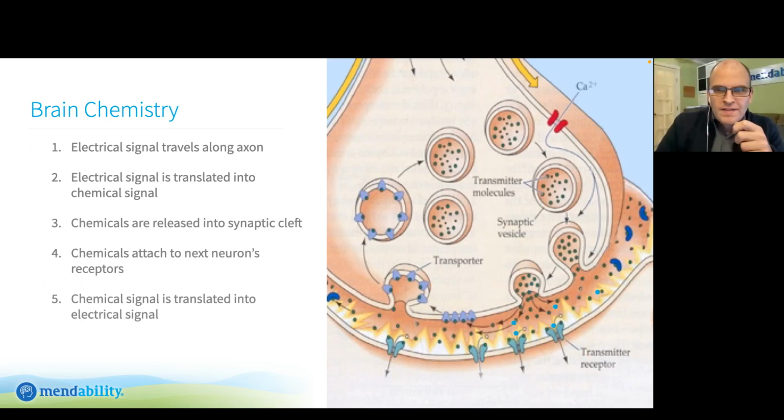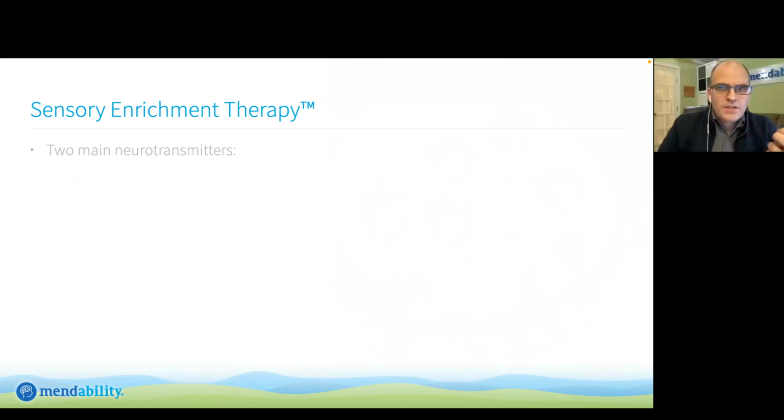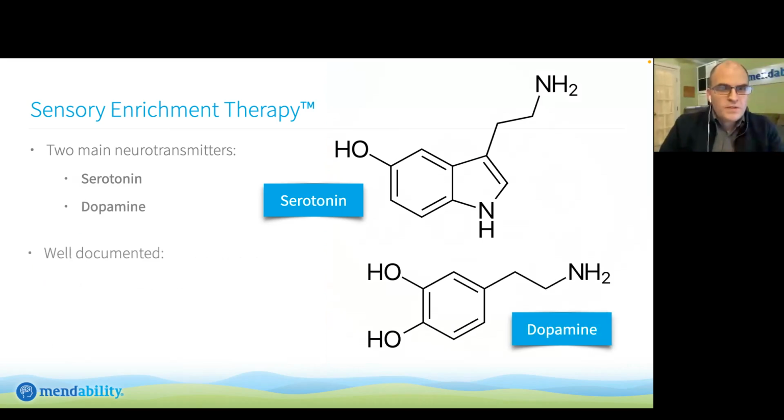Now that you understand this, if we could impact the way the brain regulates, produces, releases those chemicals, in particular serotonin and dopamine, we could have an impact on those messages that are being translated. And in fact, a lot of children with developmental disorders have issues regulating their serotonin. Either there's too much in the blood, or too much in the brain, or too much in the gut. Dopamine is a frequent issue with kids with ADHD and so forth.